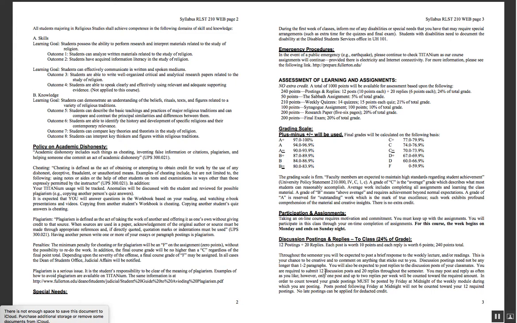Now, just so you know, and I want to make this extremely clear so that there's no misunderstanding, the postings have to be posted, you'll see it right here in the syllabus, by Friday at midnight. That's for your original discussion posting. If you don't post it by Friday at midnight, then it won't count. And by midnight, I mean Friday evening. So 11:59 Friday evening, basically, has to be posted. That way, you'll have Saturday and Sunday through the rest of the week to post replies to other people's postings. So Friday at midnight, your discussion posting has to be posted.